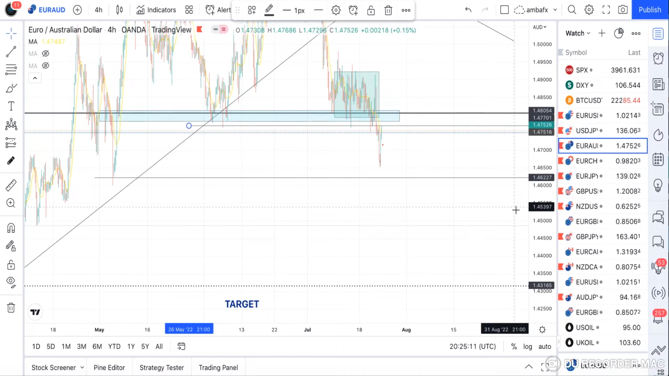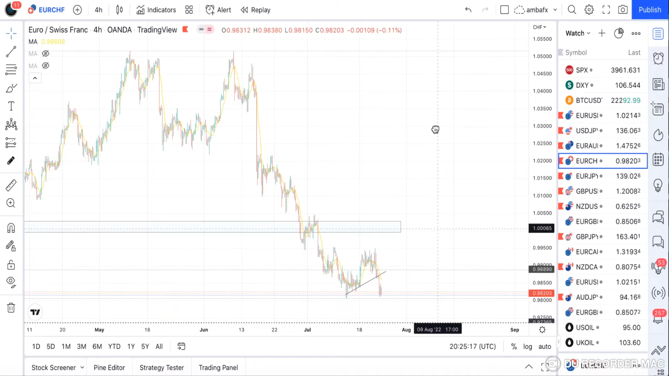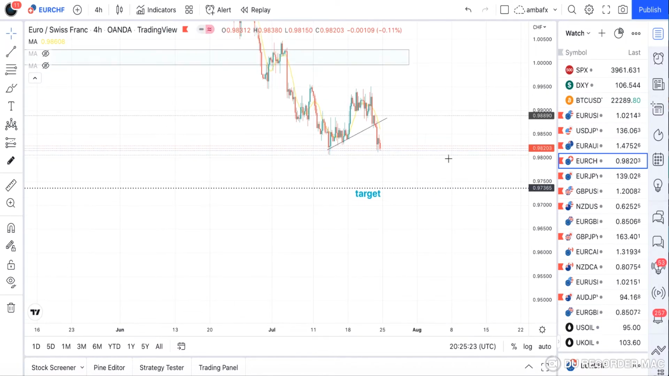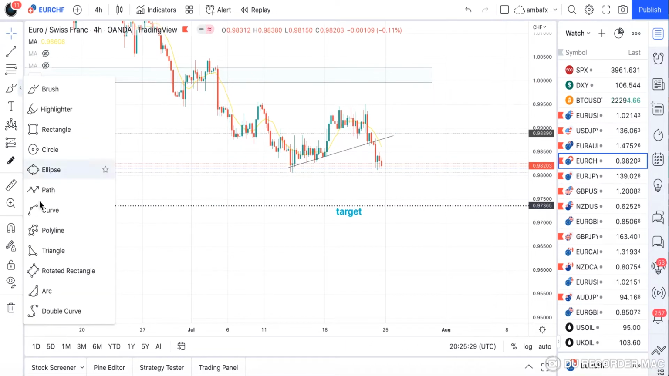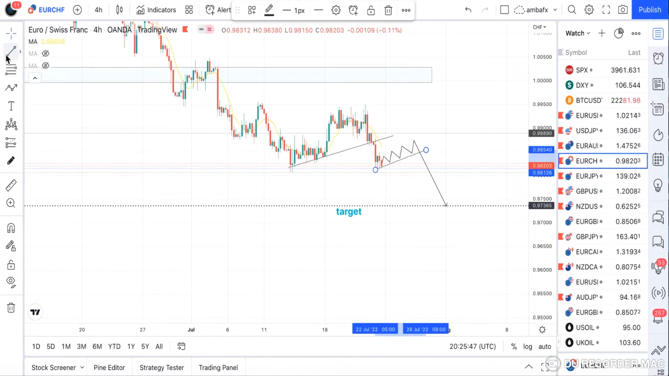So then our next pair we want to check is Euro Swiss franc. We are still bearish on Euro Swiss franc. Any retracement you see to the upside is an opportunity for us to look for a bearish setup to this particular area. Any opportunity you see to the upside is an opportunity for us to look for a bearish setup,